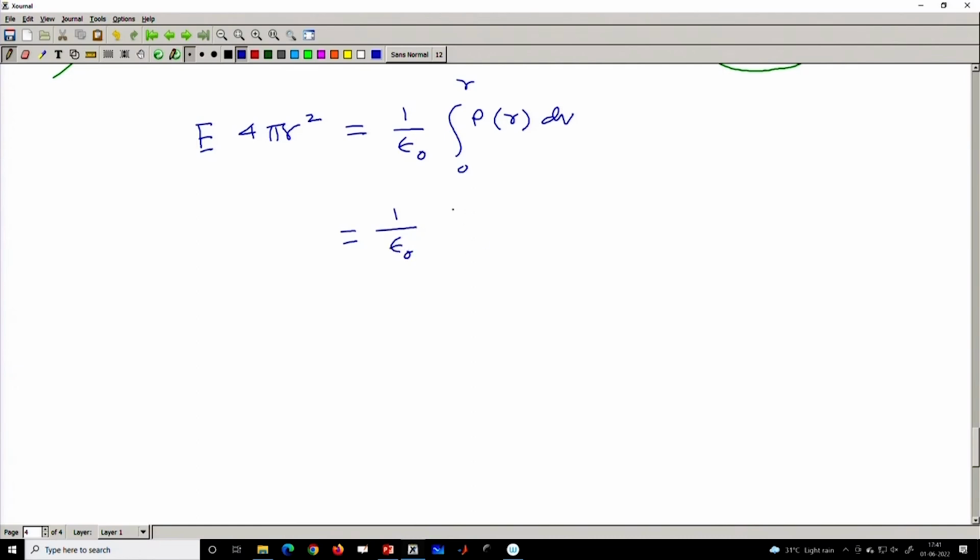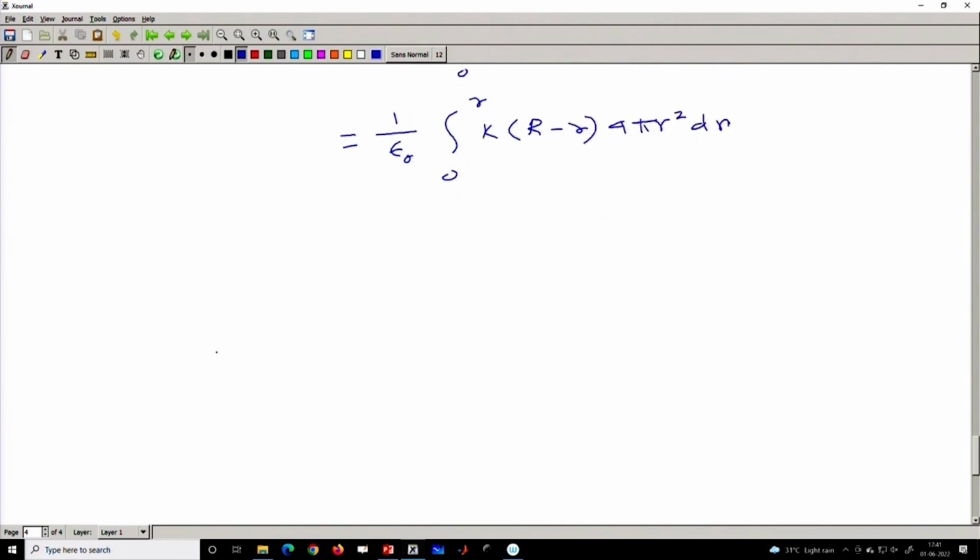So, it is the integration from 0 to r of k r minus r squared, that is the way it is changing, and dV again I should have 4 pi r square dr. So, if I do this integration, let me write the left hand side, it will be E 4 pi r square, that is equal to